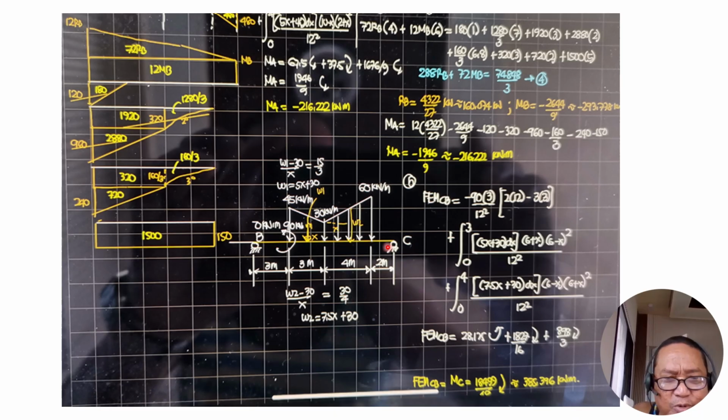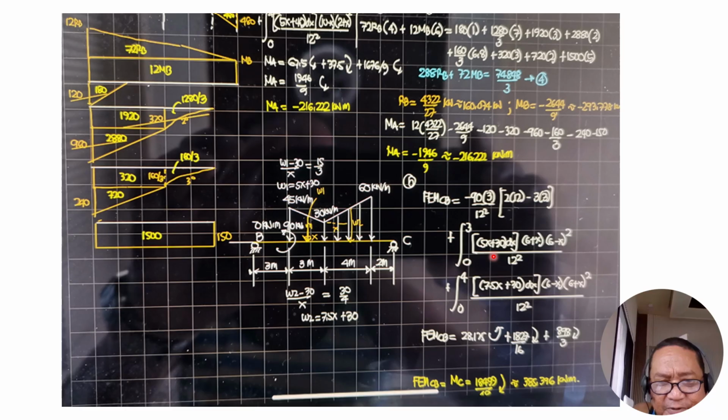So by integration, moment CB for the couple load, this is counterclockwise. So in the formula, it is treated negative. Negative 90 times A. A is the distance from the far end B, which is 3, divided by L square, which is 12 square. Quantity 2L, 2 times 12 minus 3A. So that's the formula. If it is positive, it means it is clockwise. If it is negative, it is counterclockwise. Now, the fixed moment CB due to the loads are expected to be clockwise.